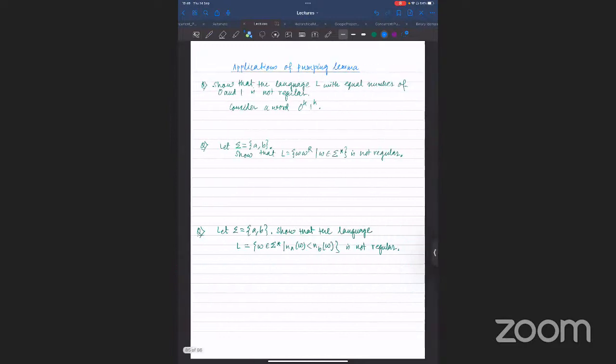So we are going to show using pumping lemma that some of the languages are not regular. So can you show, for example, the language with equal number of zeros and ones is not regular? So you can indeed consider a word 0^k 1^k, right? It's not the same language as 0^n 1^n. So we saw something like a^n b^n, correct? But it's not exactly the same. But the same argument, like you can